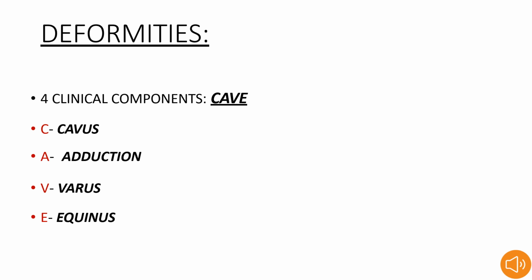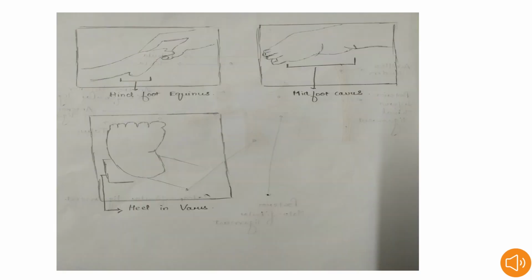What are the deformities in CTEV? There are a total of 4 of them, that is 2 hindfoot components, 1 midfoot component and 1 forefoot component. The 4 of them are cavus, that is exaggerated medial longitudinal arch at midfoot; adductus, that is forefoot in adduction at tarso-metatarsal junction; varus, that is hindfoot rotated inward at talonavicular joint; equinus, that is foot fixed in plantar flexion at ankle joint. This is the pictorial representation of the deformities we have talked about before.